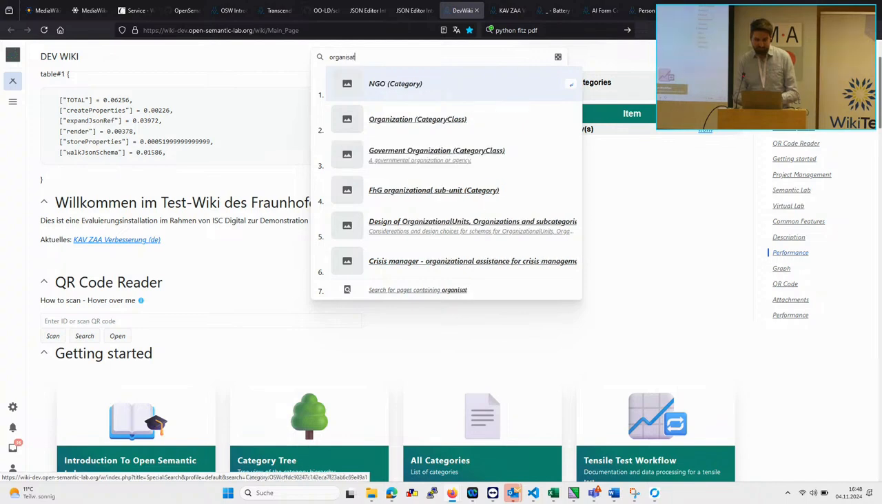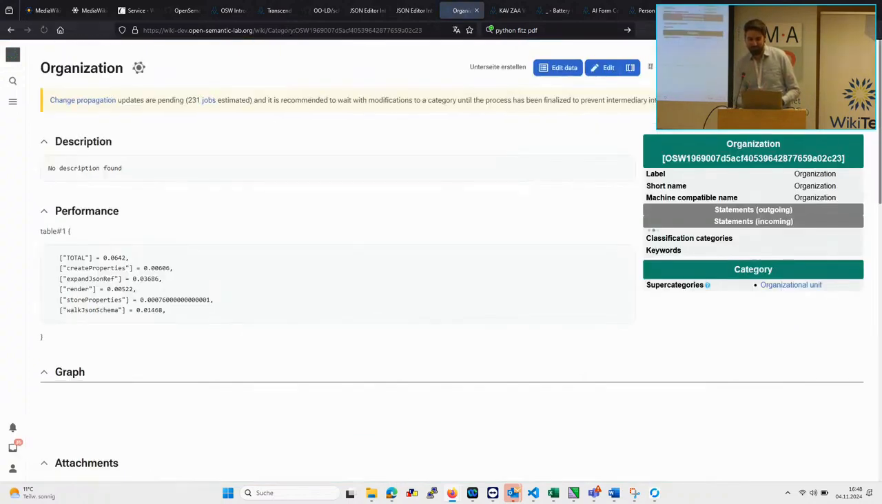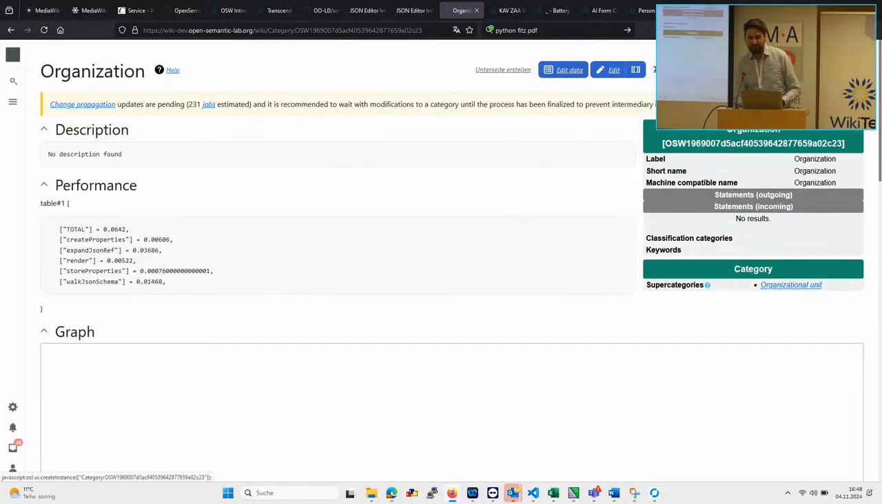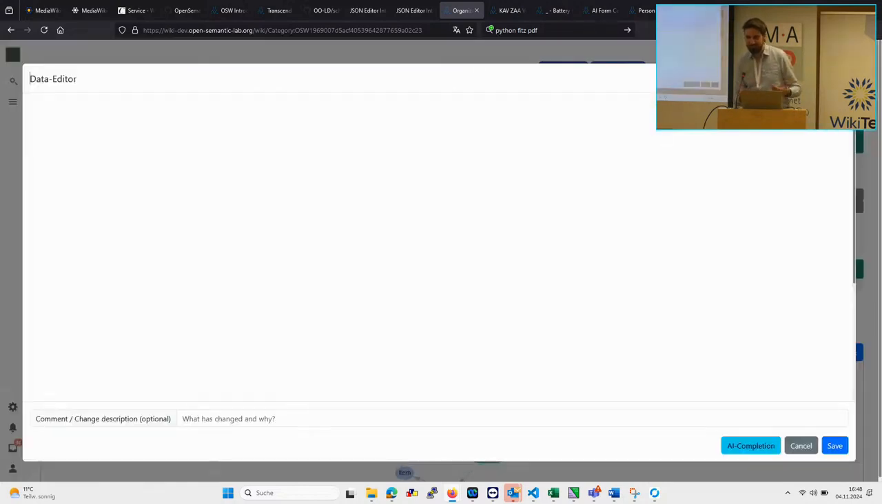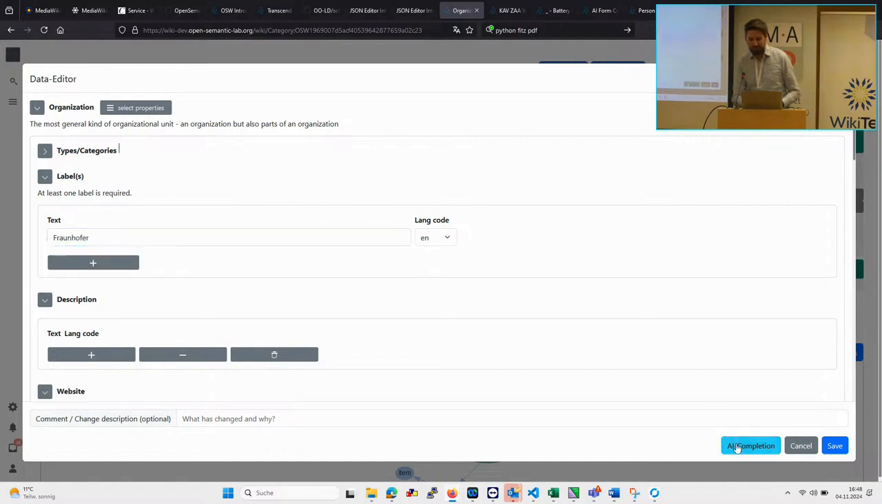Here's the class, and then typically you need to look up all the information about, for example, Fraunhofer. But it is easier, of course, because Fraunhofer is quite in the knowledge of the LLM already encoded. You can just write Fraunhofer, and then you click on AI completion, meaning that we feed the schema, the existing